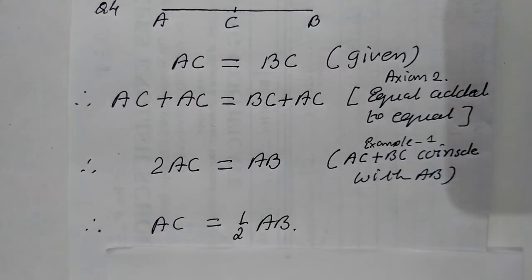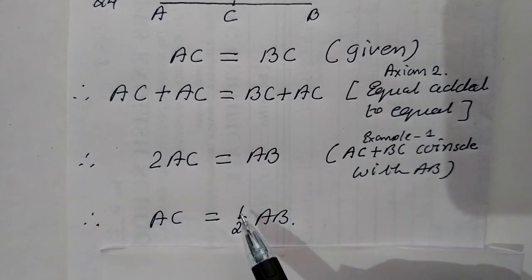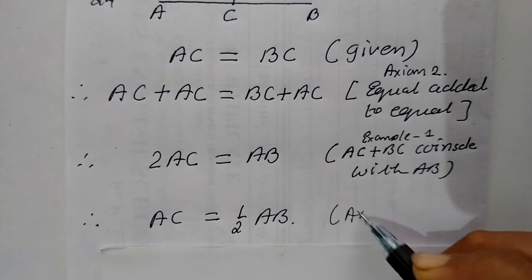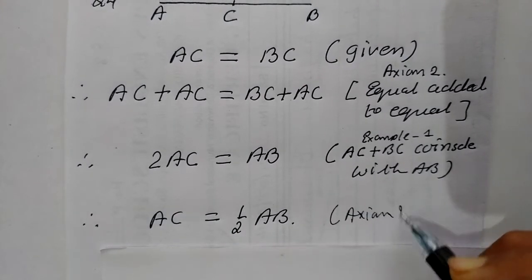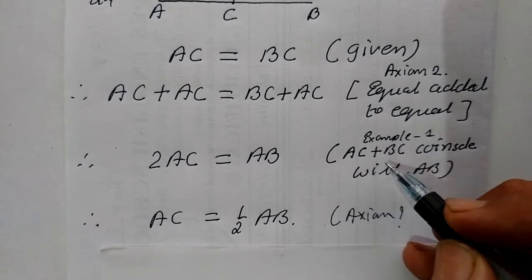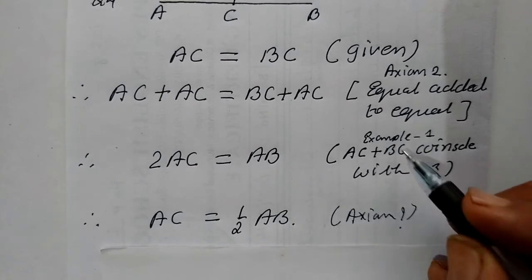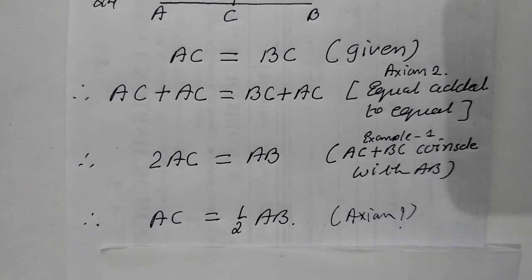Now children, bring this 2 here. That is our usual one. But which axiom? Try yourself, children. Find out this. Here also one axiom is there. I just suggested example 1, but here axiom is also there. That also you find out, children. So this is for you. Open textbook and find out which axiom we are following.